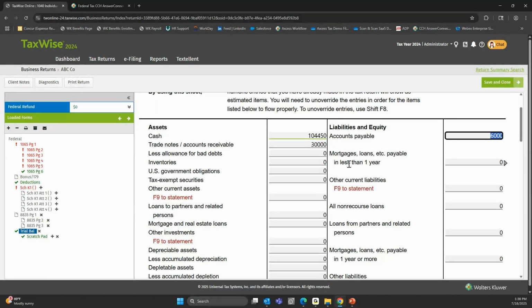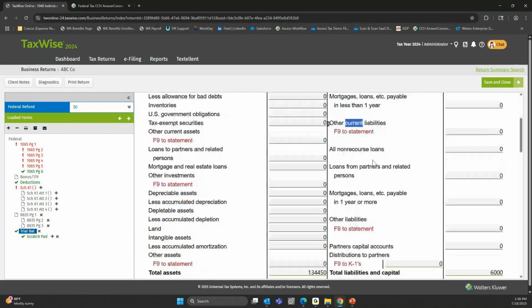Once again, this less than 1 year, more than 1 year is very common. You see other current liabilities. Whenever you see the word current, it means it's just less than 1 year. This liability is going to go away. I think a common example is a credit card. By and large, credit cards, hopefully at least, we're going to be paying those off in less than 1 year's